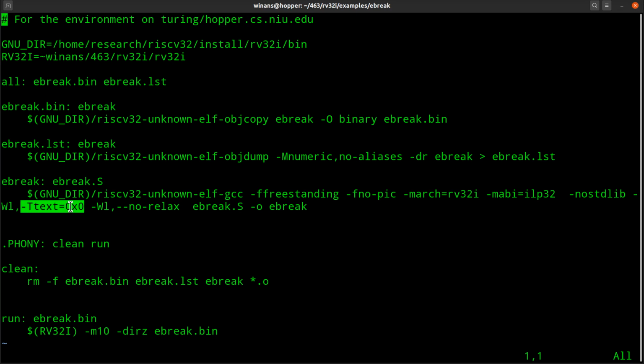So we have to write our program accordingly, and we have to make sure that the link editor puts things where we want it to go. So we're going to put it at address 0. We're going to set that right here. This thing over here has to do with don't